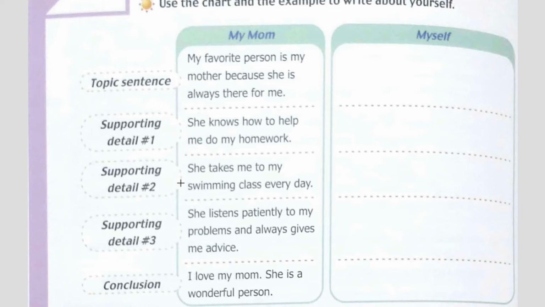Supporting detail number 2, she takes me to my swimming class every day. So, my favorite person is my mother because she is always there for me. She takes me to my swimming class every day. That is definitely a mom always being there. That is very helpful. So that is a good supporting detail because it shows us how the mom is helping